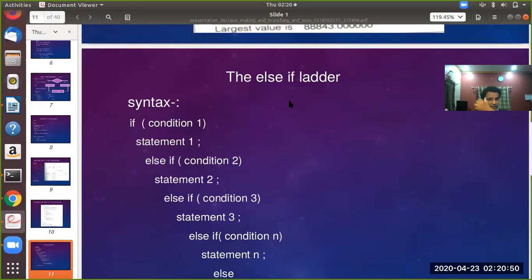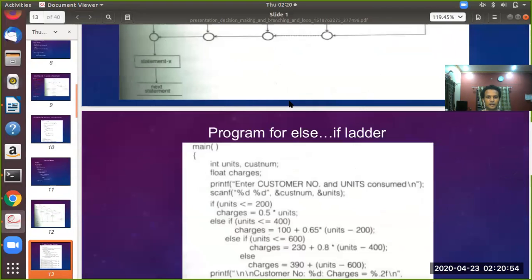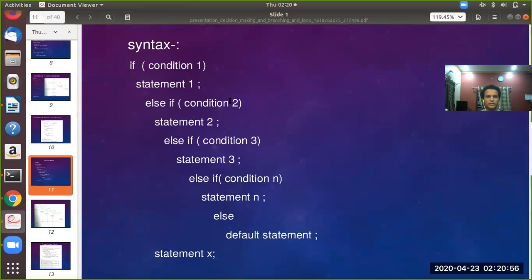Now there's the if else ladder. If else ladder means when there is a group of conditions to be tested. Test condition 1. If it becomes true, okay. If it doesn't become true, then check the next condition, and if that becomes true, execute some lines of code.